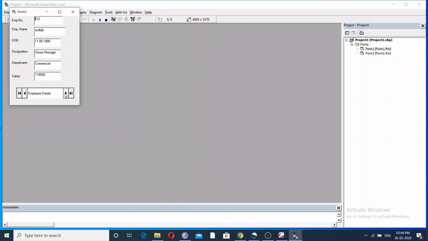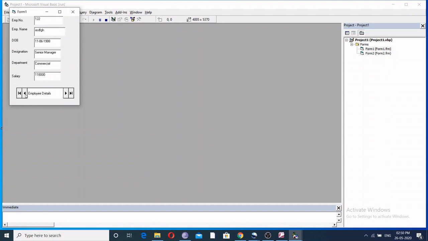And this button is used to move the record pointer to the next record, next to the current record. So if you click this one, then it will move to the next record. You can view the next record, then just click it so that the next record will be displayed here. Then click, then totally we are having 4 records now.